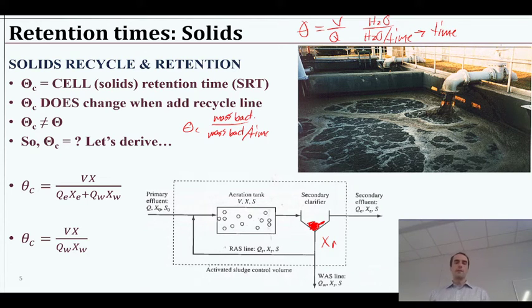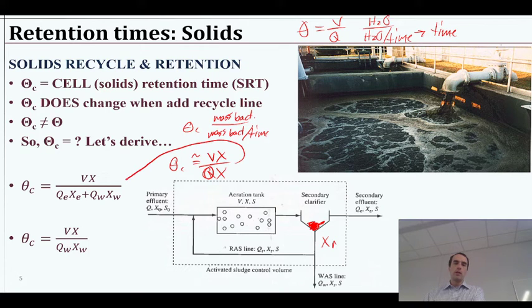So the way we can do this is say, well, if theta is V over Q, then theta C is probably V times X divided by Q times X, because that converts us from just water into bacteria mass. So it's approximately going to be this, with the caveat that we also have to pay attention to where the X is going, and so that leads us to